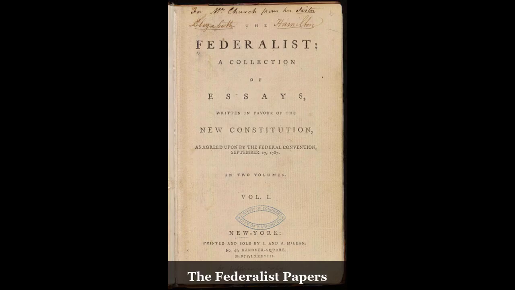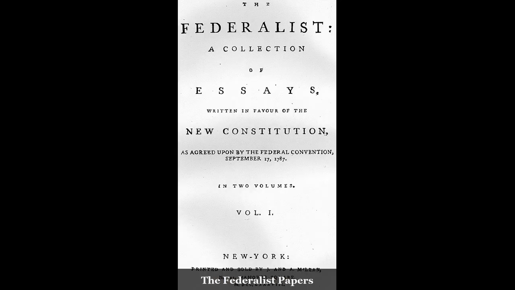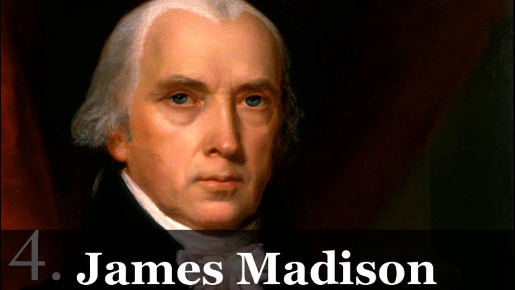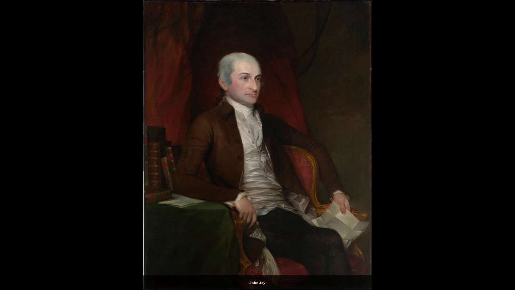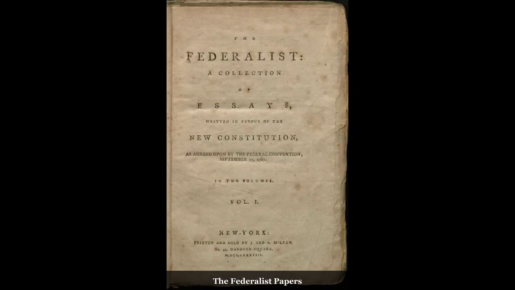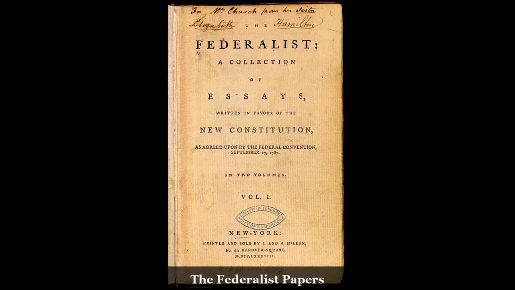The Federalist Papers emerged during a time of great uncertainty, when the newly independent colonies were trying to figure out how to govern themselves. Alexander Hamilton, James Madison, and John Jay, the authors behind these essays, were attempting to convince their fellow citizens that a strong central government was necessary for the young nation's survival. It's like trying to navigate a treacherous river without a map. You need to know where you're going and how to get there.